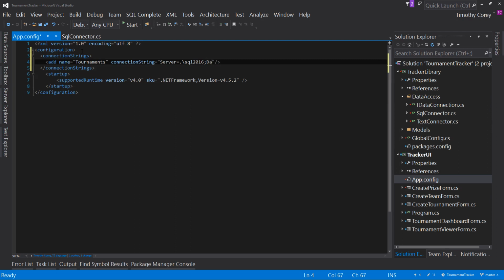And a semicolon, Database, and that's Tournaments. Trusted_Connection equals true. What that trusted connection is, it's saying use my Windows credentials in order to connect